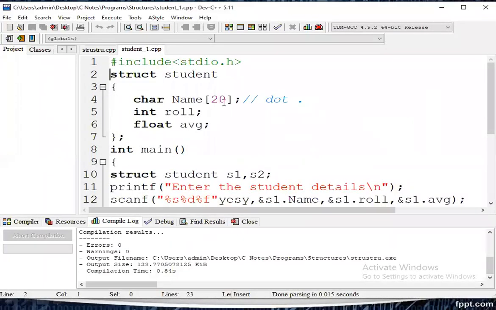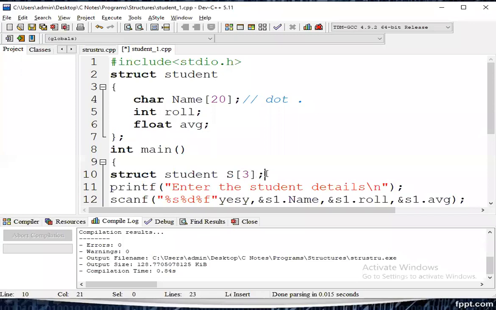Student contains three members, name, roll number and average. Now how we can declare the student variable as an array variable, s of 3. For 3 means here we can access 3 different students' information at a time.